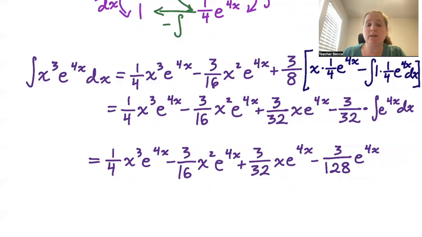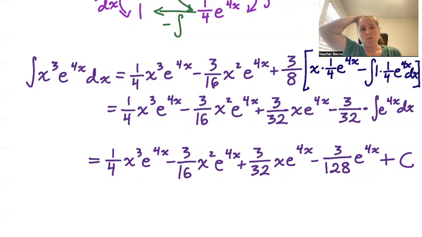We're finally done with our indefinite integral, which is what we were asked for. So now we just need our plus c. So again, this is for performing multiple iterations of integration by parts to find an integral. In the next video, we will learn what is called rapid repeated integration by parts, which allows us to do this much faster with some shorthand notation using the tabular format for